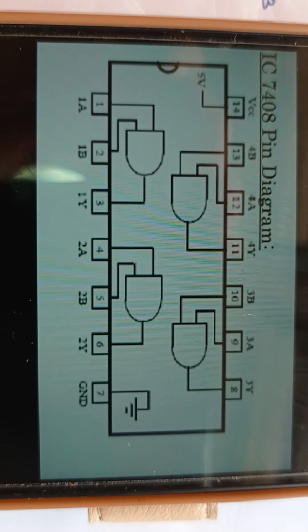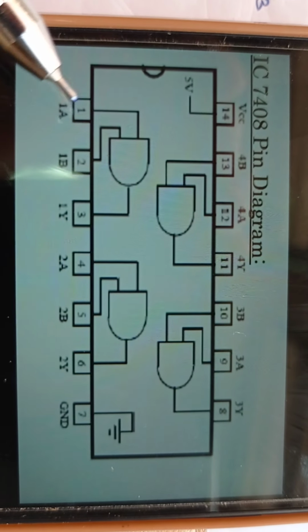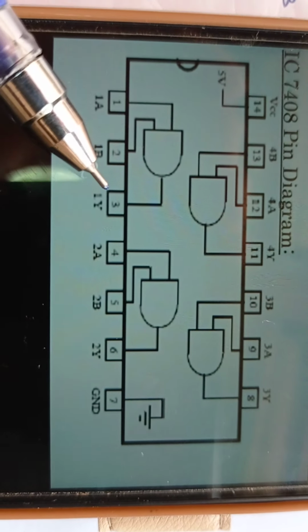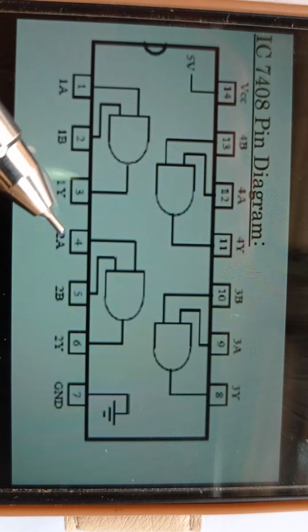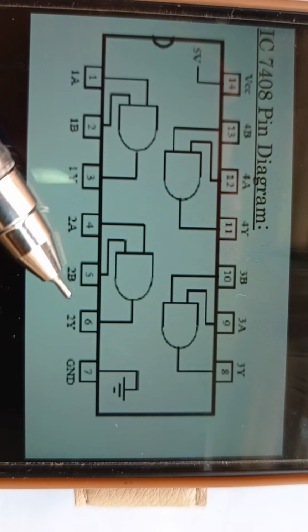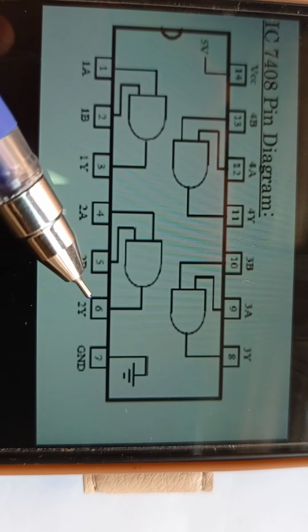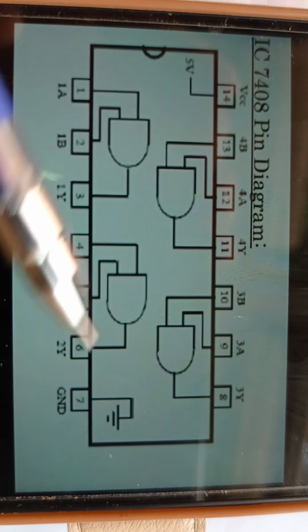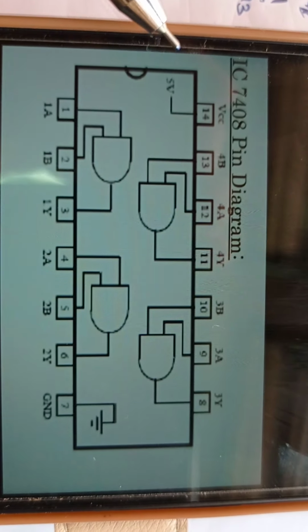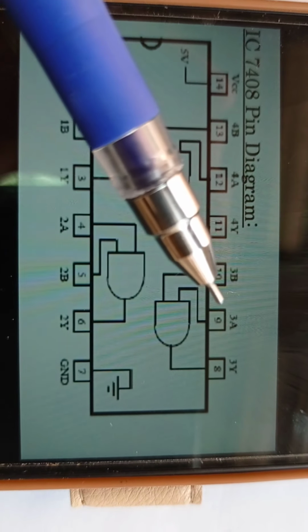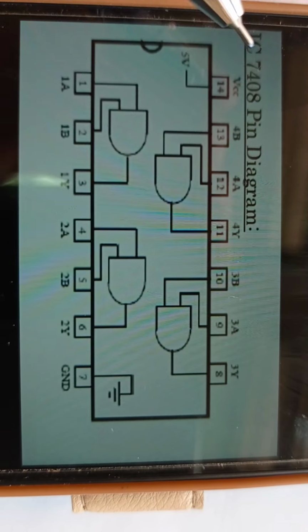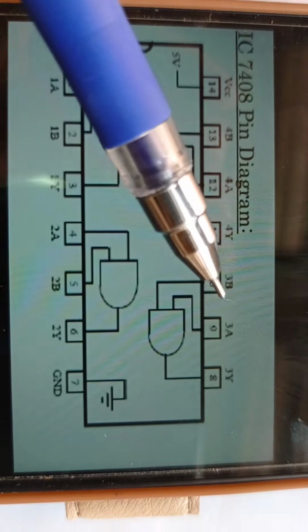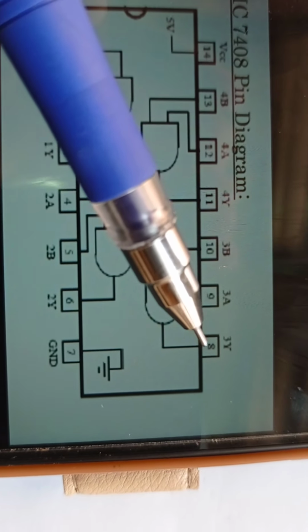In this, first pin input, second pin input, and we take the output from the third pin. Same with the fourth and fifth pins as inputs, and the sixth pin as output. The seventh pin should be ground and the 14th pin should be given VCC. Next, for the next part of the IC, pins 9 and 10 become inputs and 8 is the output.